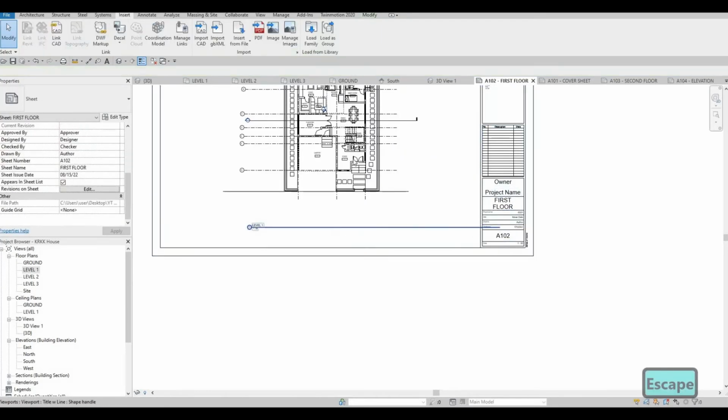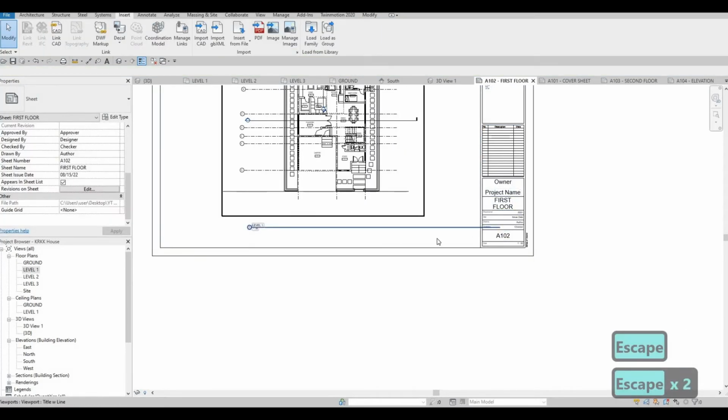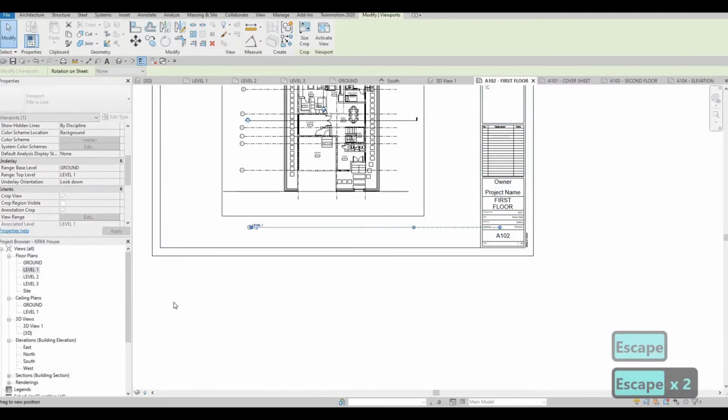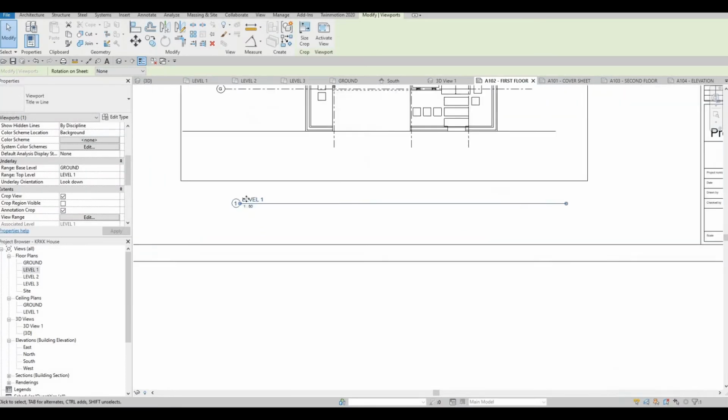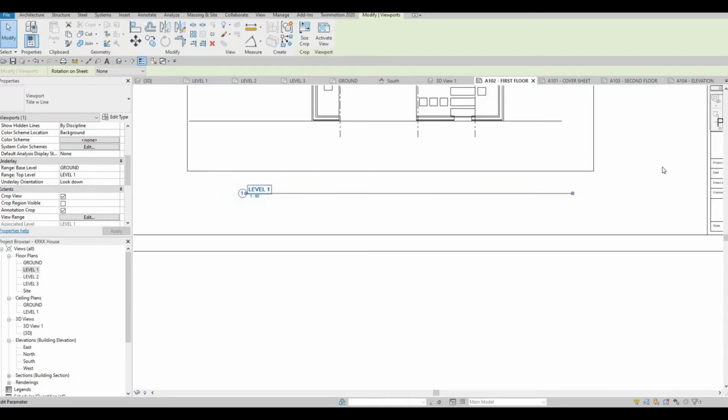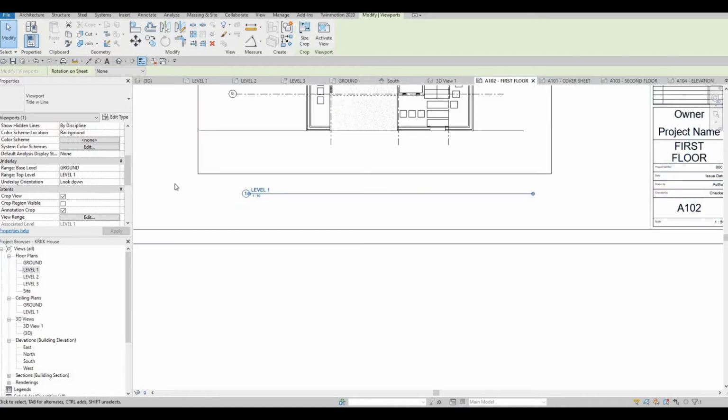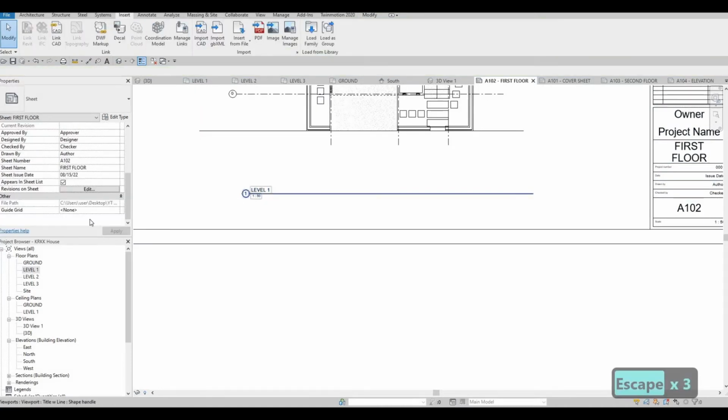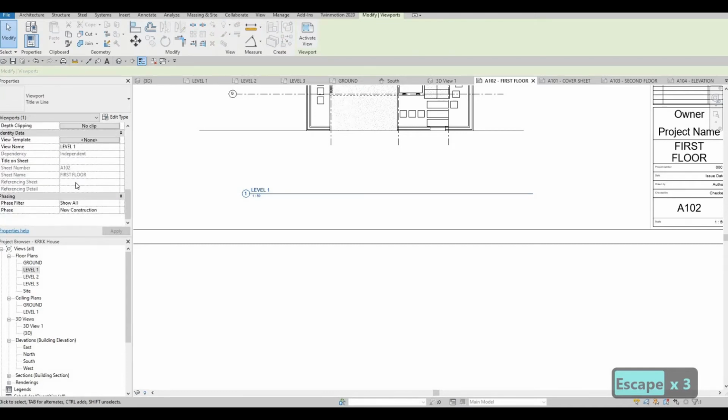and then in order for this one to be fixed, press escape, select this view, and then drag it like that. But it's saying level 1. You can change it to first floor by pressing escape, select this one, and then right here view name is level 1. You can change that title on the sheet. So just change this to first floor, click apply,